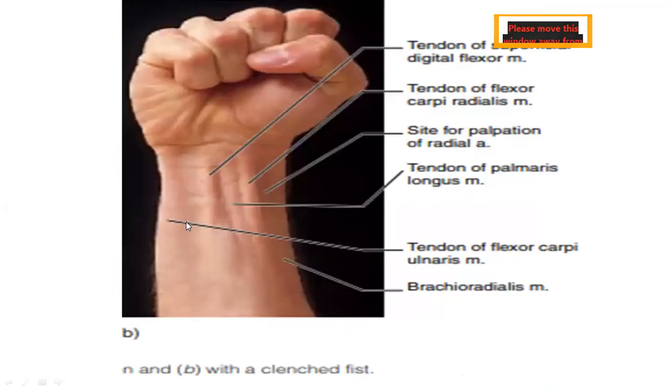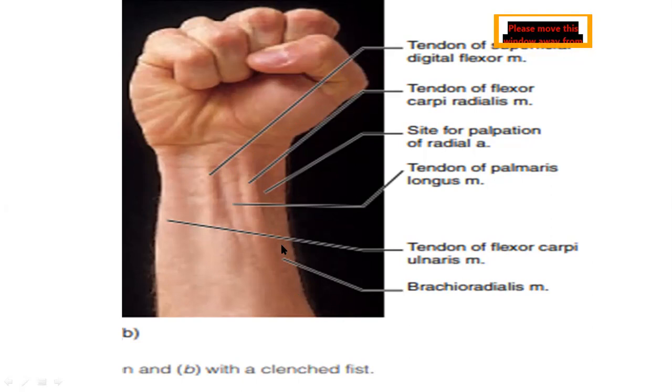Okay. So these are the flexor tendons which are moving from the forearm into the palm. Most of them are moving below the flexor retinaculum, isn't it? So towards the thumb we have the tendon of the flexor carpi radialis. This point is the point of palpation for the radial artery, because the radial artery is on the lateral aspect, that is towards the thumb, right?